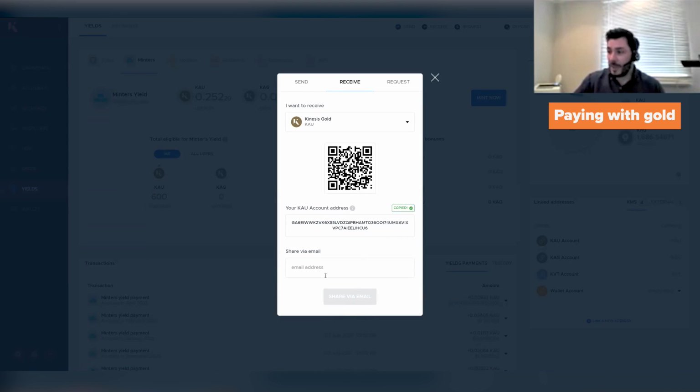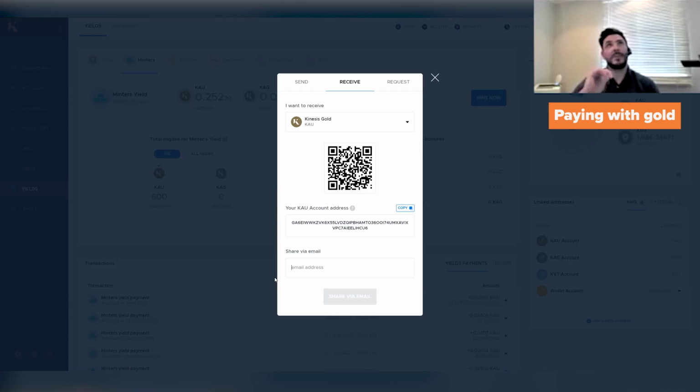I can copy that. I can send it via email. I can get on the app. We also have iOS and Android, and I can WhatsApp it to anyone. They can literally open up an account and send me money, or gold, right, which I can then use as money. Now that gold will transact over our system within seconds, no matter where you are in